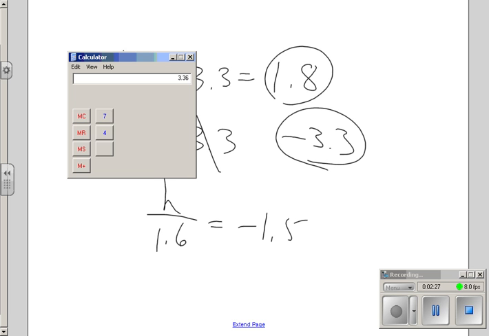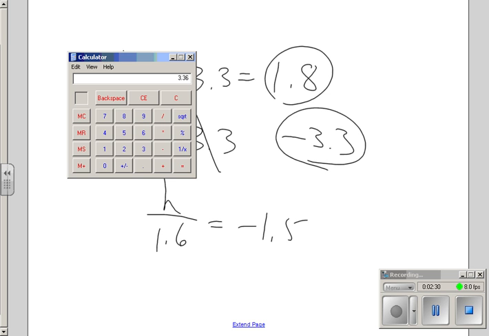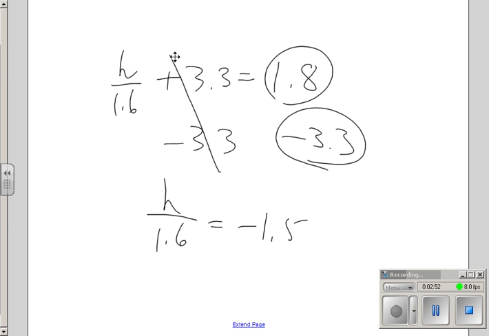Or if you wanted to use a calculator, it's interesting because really we have 1.8, and if your button doesn't have the plus negative, which of course it does, 1.8 positives plus 3.3 negatives equals negative 1.5. So that's our answer there too. Multiply both sides by 1.6. Multiply by 1.6. I end up with a value of h is equal to,